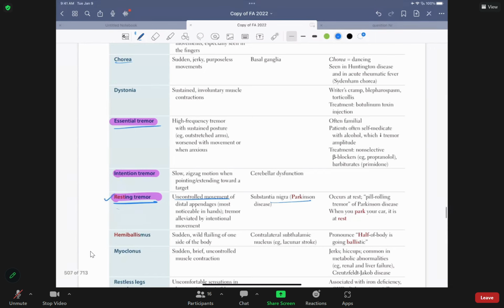Now, if you see, it's a high frequency tremor with a sustained posture, outstretched arm. So you tell them to do something and hold on to like that, right? That's basically it. That's your essential tremor. It happens when people are nervous, anxious. Is that clear, folks? That's the idea. Now, it's often familial. Patients often self-medicate with alcohol or some medication, right? Beta blocker or Primidone. You need to know that, Primidone. They take the medication, folks. So if you want to check these people, we simply tell them, hold a hand like this for me. And when you look at them, you could see they have a tremor in their hand, folks.